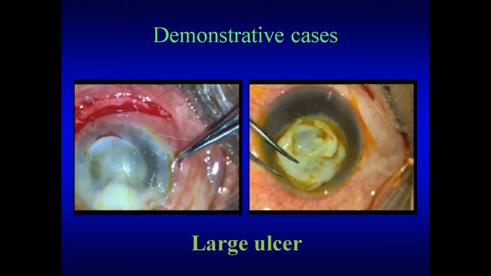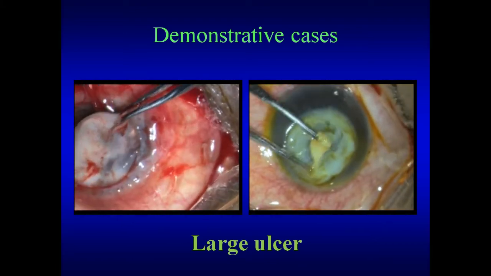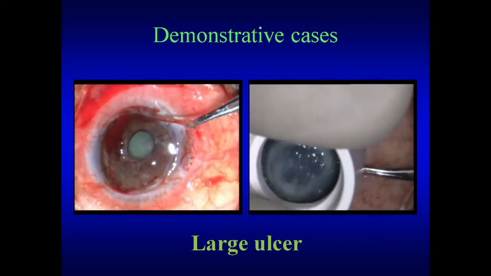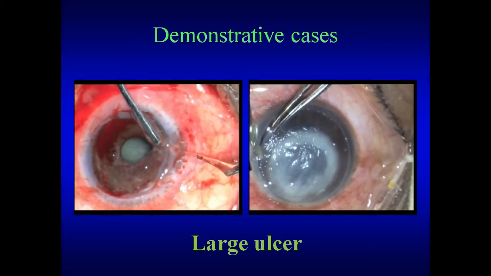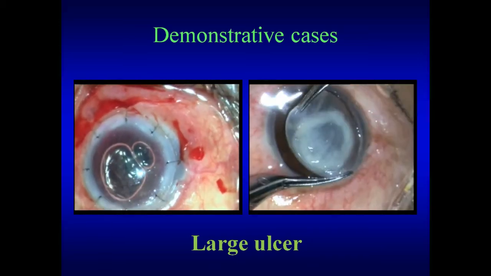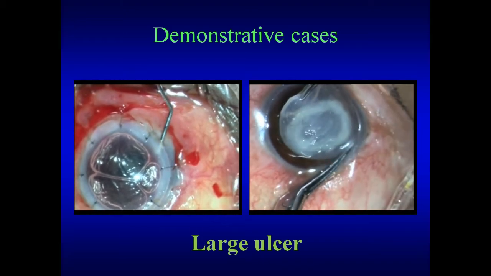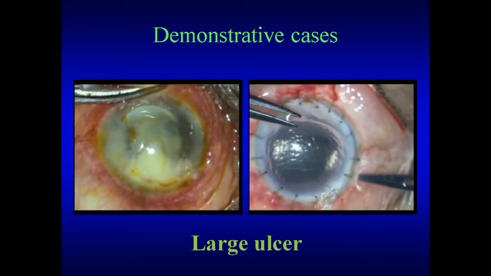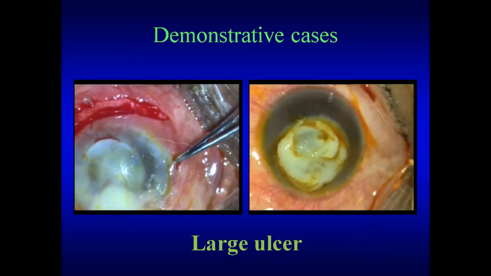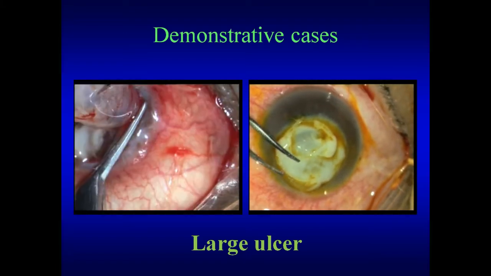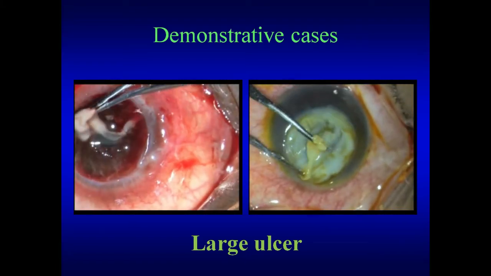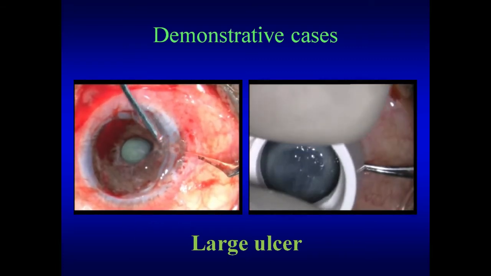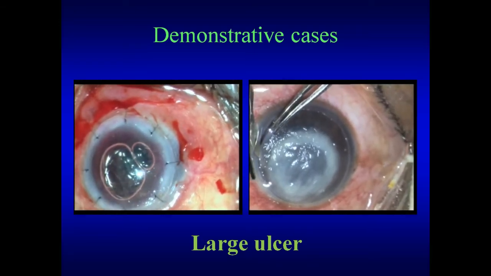So these are some of the demonstrative cases that I have put up. Basically here I'm showing that sometimes you have to do other procedures like peritomy, because your sutures would go there. Don't suture over the conjunctiva. You have to appropriately size your graft. Make sure that all the infective tissue is included within the excised button. Make sure that you remove all the debris, not only from within the chamber but from over the cornea before you actually trephine it out. I'm just showing in these cases how I have meticulously gone about removing these exudates.